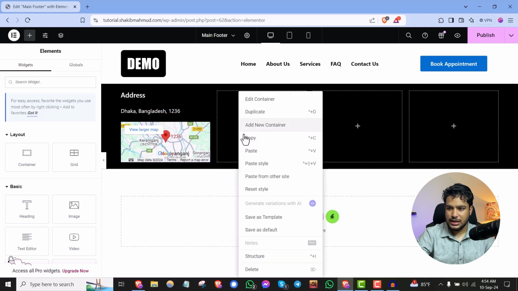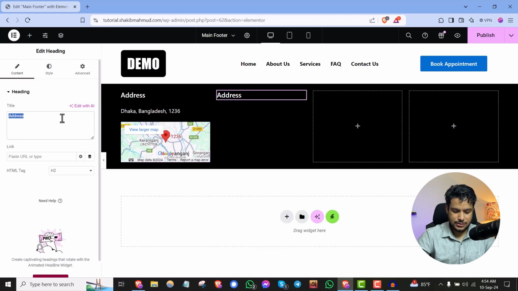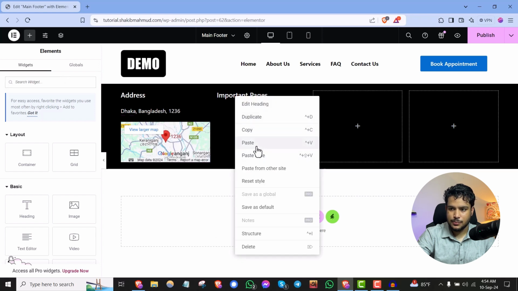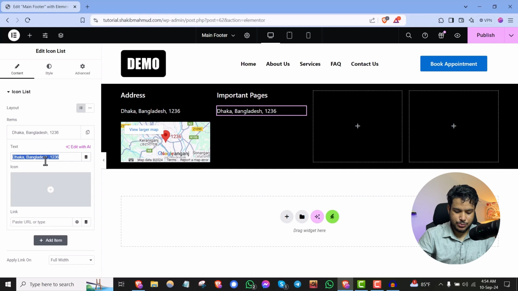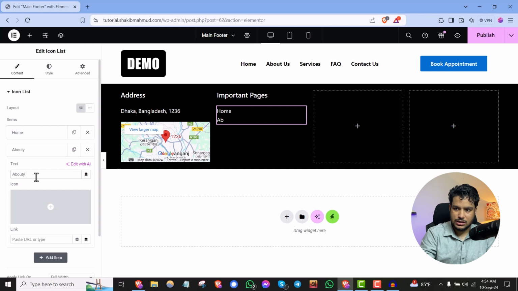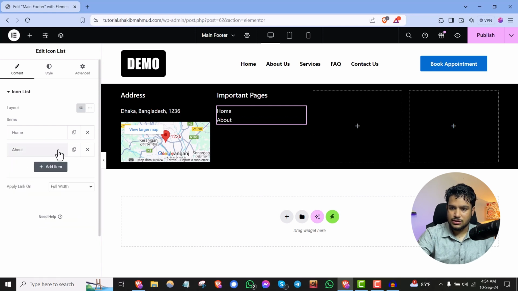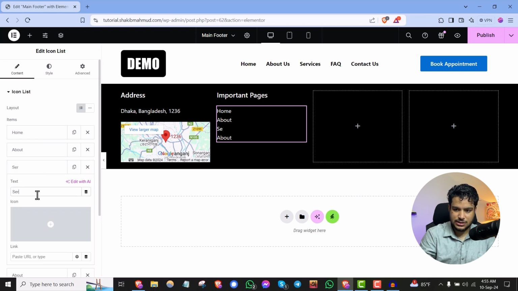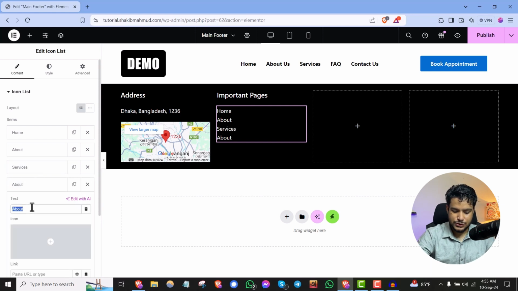In this second column, add another heading. To do it, just copy and then paste. Here we'll add important pages, because we would like to add some important pages by which people can access easily. So here, let's say I type home or the second one, which is about, the third one, fourth one, and fifth one, or we can just add 4, that's fine. So here, if we type services, and then this one has to be